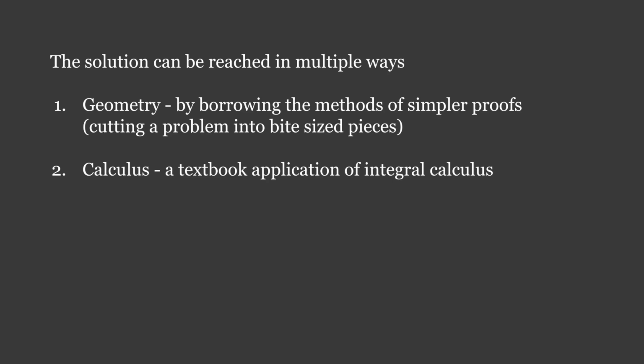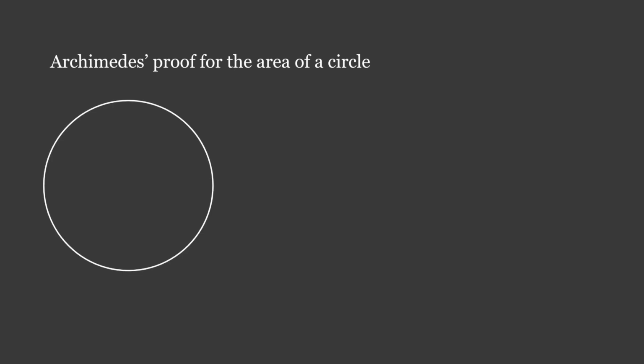In other words, the formula can be reached at two levels of certainty: an answer that looks visually correct, and one proved correct by equations. Let's begin with the geometric method, by first observing how Archimedes devised his famous proof for the area of a circle. By splitting a circle into a set number of slices, let's say n, and assigning them each into two